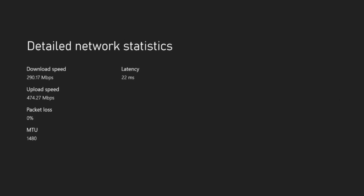So latency 22 ms. Download speed up to 290.17 megabytes per second. So we are up about 90 megabytes per second download speed, which is absolutely massive. But here's the biggest thing, guys. The upload speed has gone up. We're at about 22 megabytes per second, and we're now at 474.27 megabytes per second upload speed,